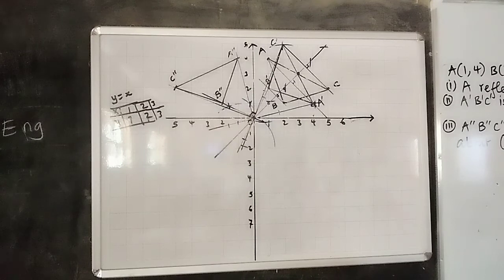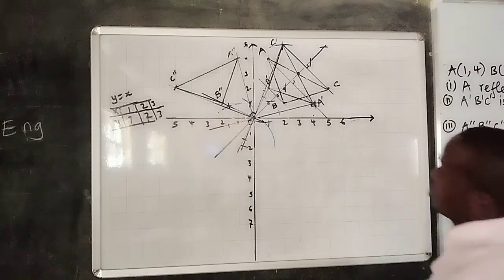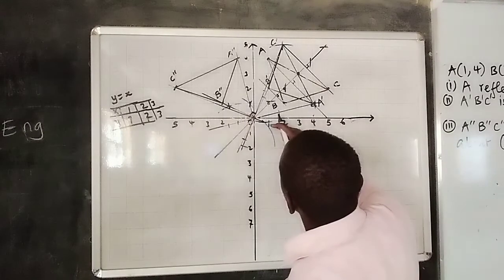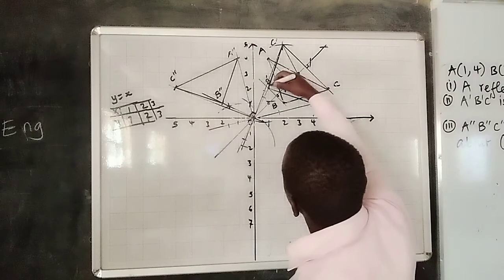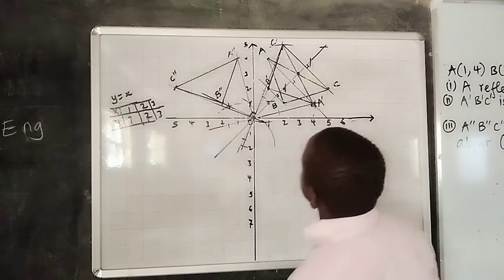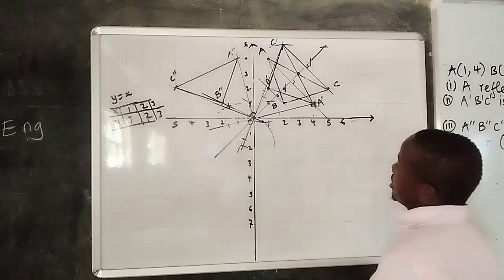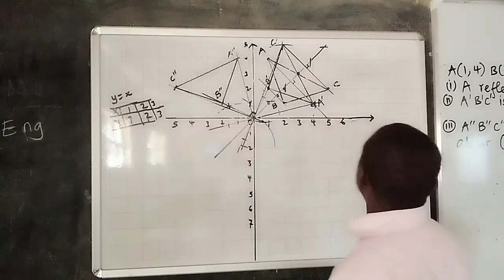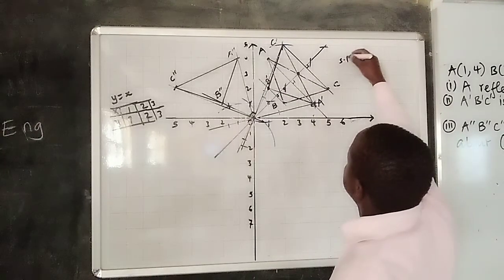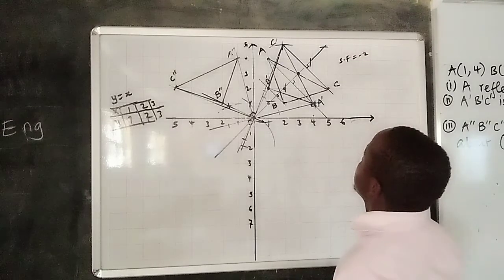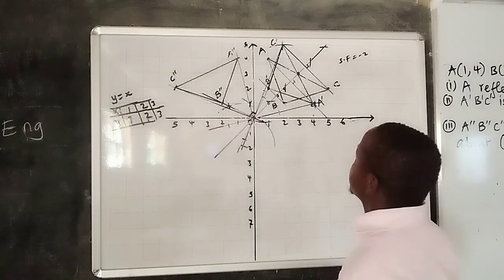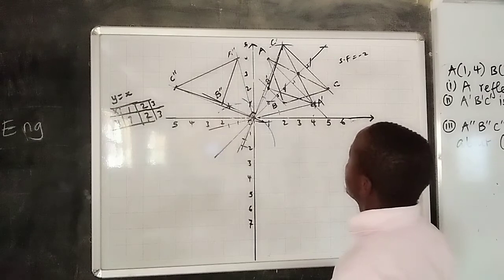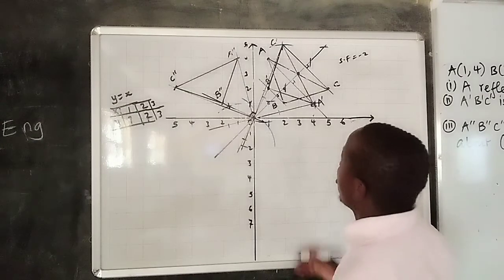Lastly, A double prime B double prime C double prime undergo an enlargement, scale factor -2, and this is happening about (1, 2). Therefore, the center of enlargement is (1, 2). Therefore, we will be connecting, because the scale factor is -2. After connecting a point to the center of enlargement, we will be going twice that length on the other side,